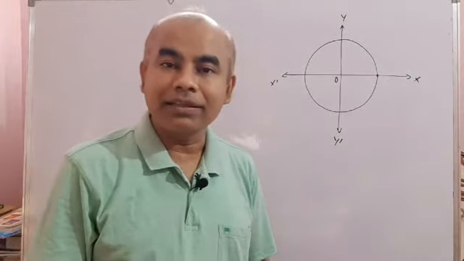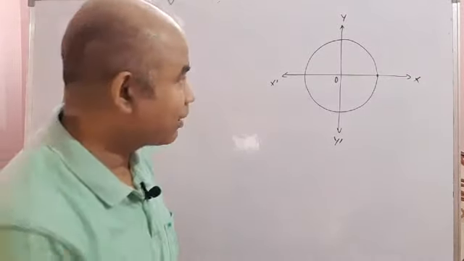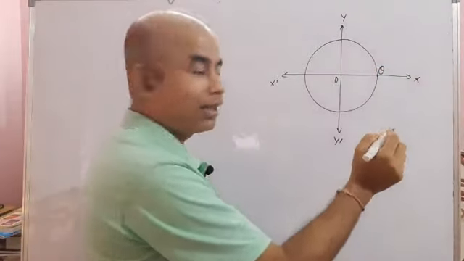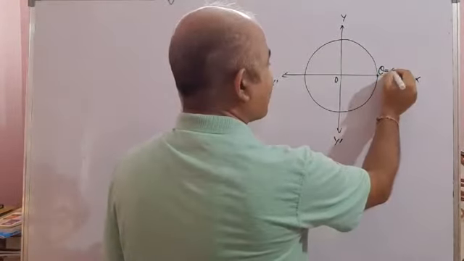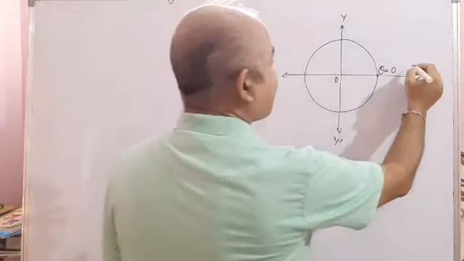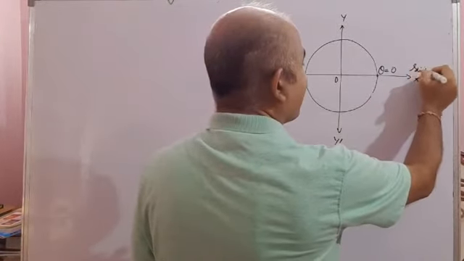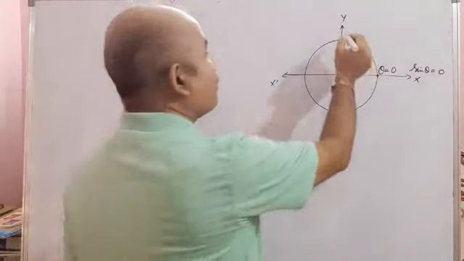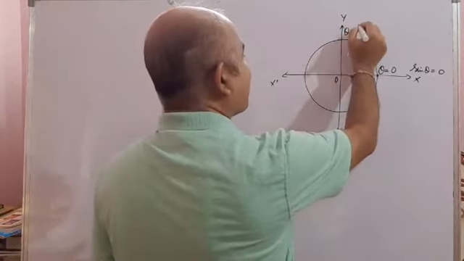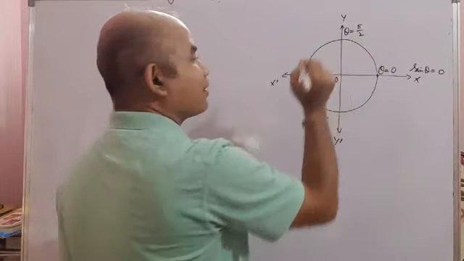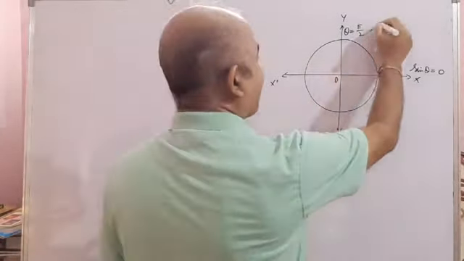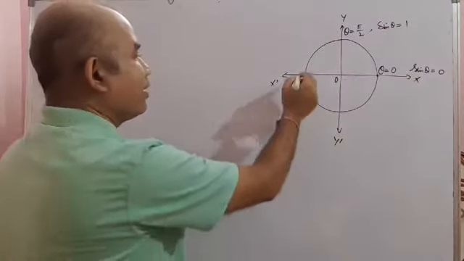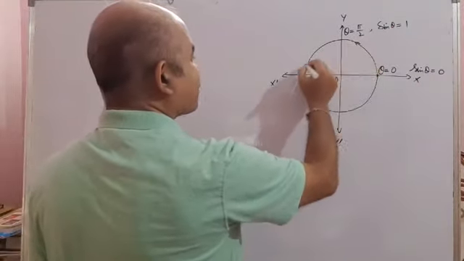So students, regarding the sine function, all of you know that when the angle, which I denote by theta, is here, that means theta is equal to 0, then sine theta is also 0. Once we complete one quadrant, that means 90 degrees or pi by 2, at this point sine theta is equal to 1.